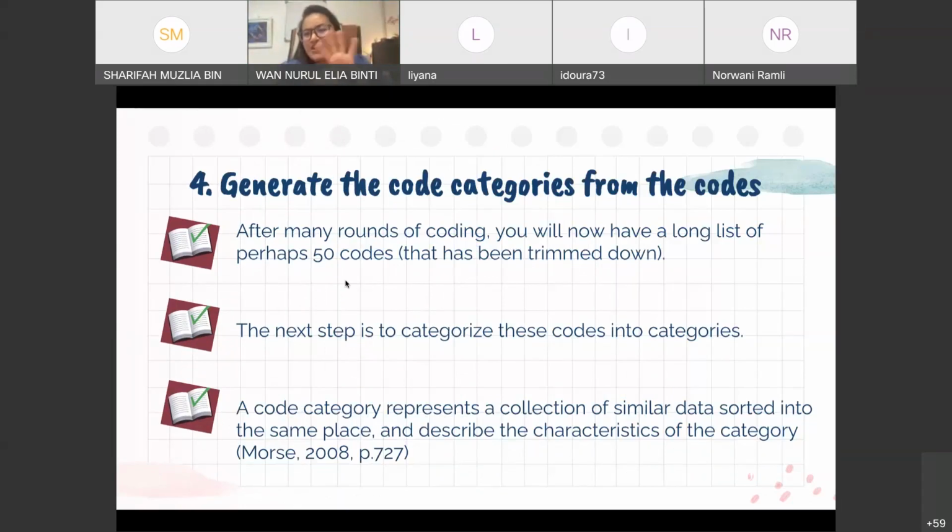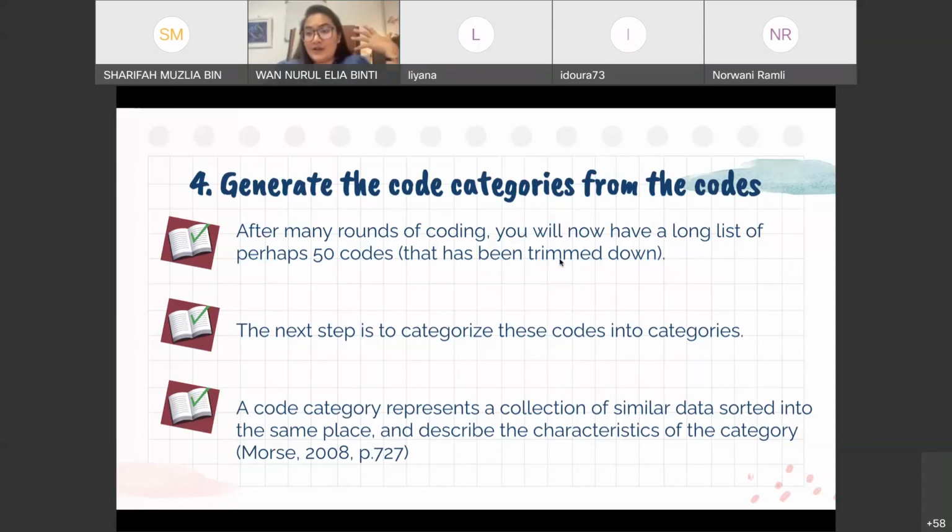You have gone through matching, rematching, and where it doesn't match, you come up with a new code. So you have 20 codes altogether. Now, from those 20 codes, what you want to do is to put them in categories so that it's much more manageable. After many rounds of coding, you will now have a long list, perhaps up to 50.